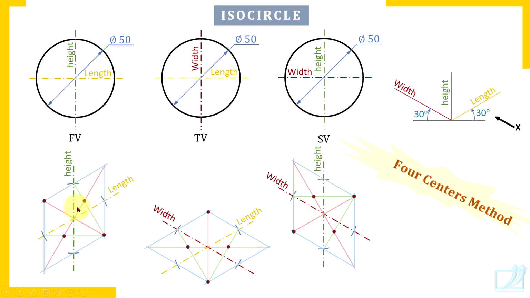Now listen, in the wider quadrants, watch here, this quadrant. In orthographic views, each quadrant contributes a 90 degrees angle. But here, wider quadrants have an angle more than 90 degrees. It is precisely 120 degrees. And the other two quadrants have an angle of 60 degrees. Of course, this is a distorted view. This is not the true shape. Remember, it is a three-dimensional view.